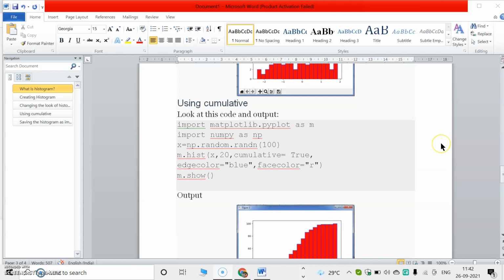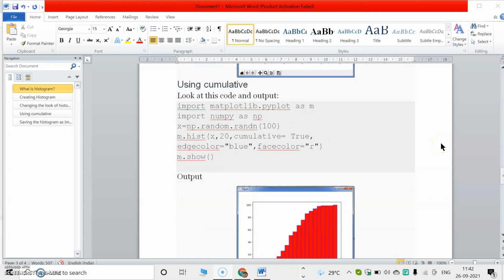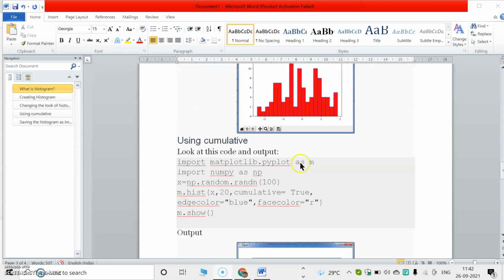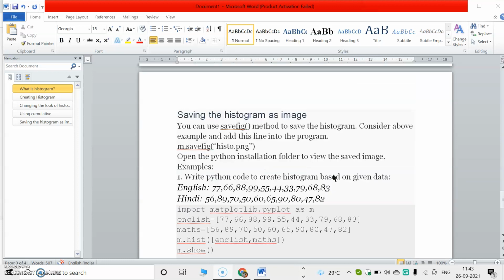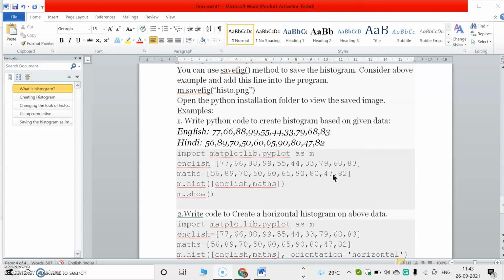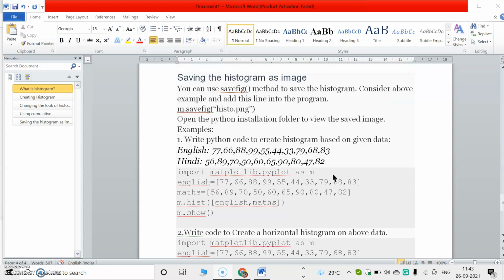Then we can use cumulative. We already specified that the value of cumulative will be either true or false. Let's look at this example. Cumulative data is plotted here, so the cumulative value of the random numbers will be plotted. Then we can store the histogram as an image.